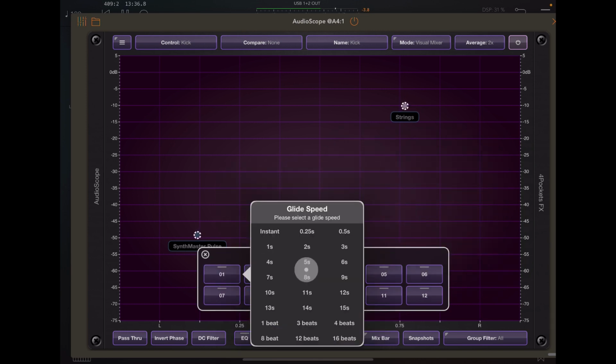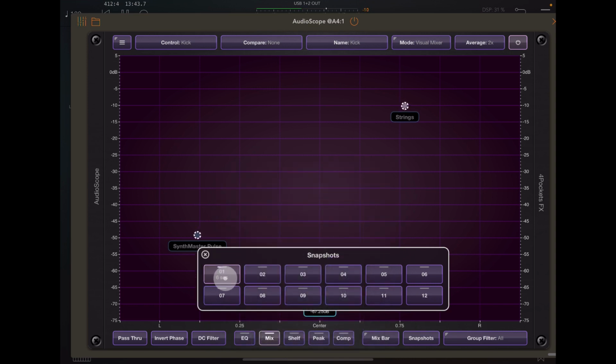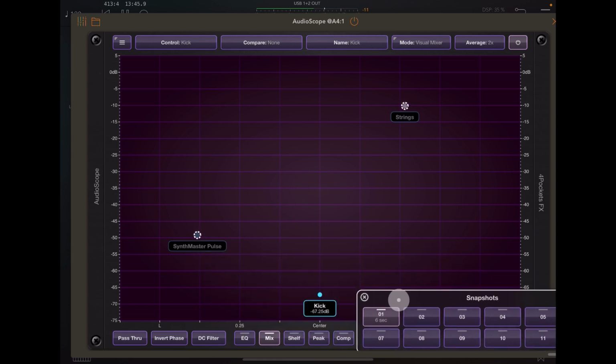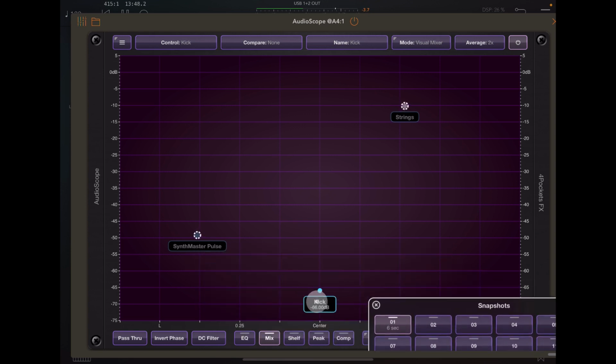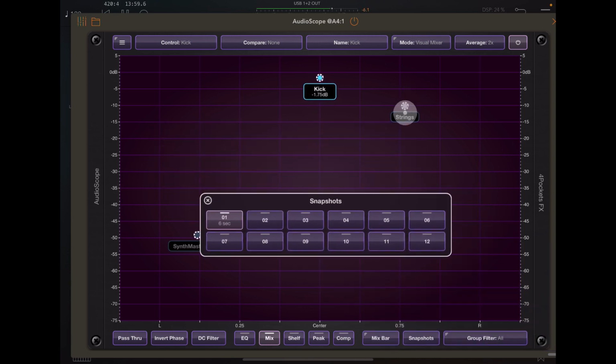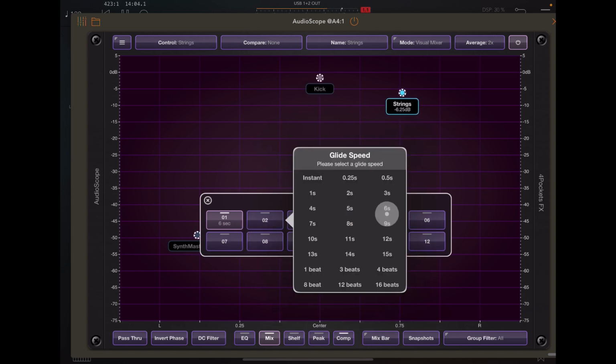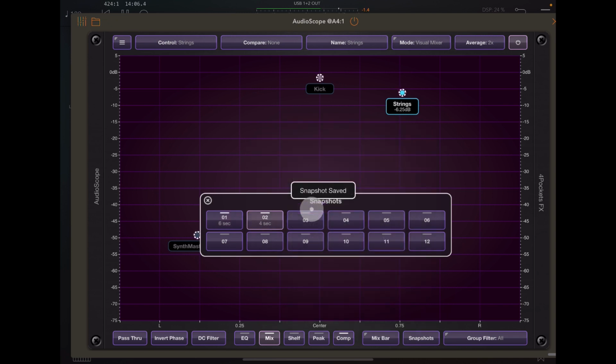Long hold, and let's say we want a, I don't know, maybe a 6-second transition for this snapshot. We can move that out of the way. We can set up a long hold. Let's set up a 4-second one for that. And now if we go between 1 and 2,